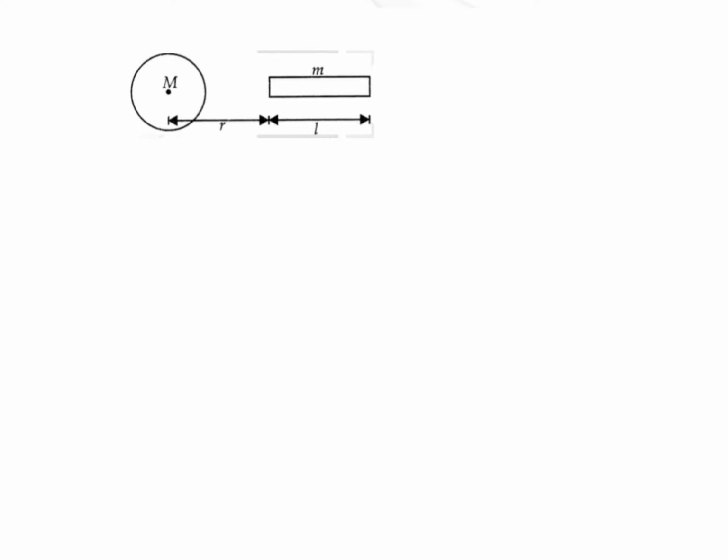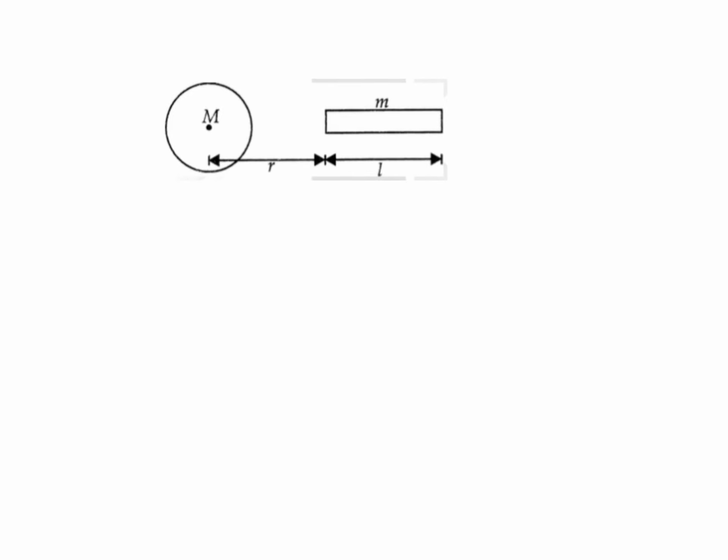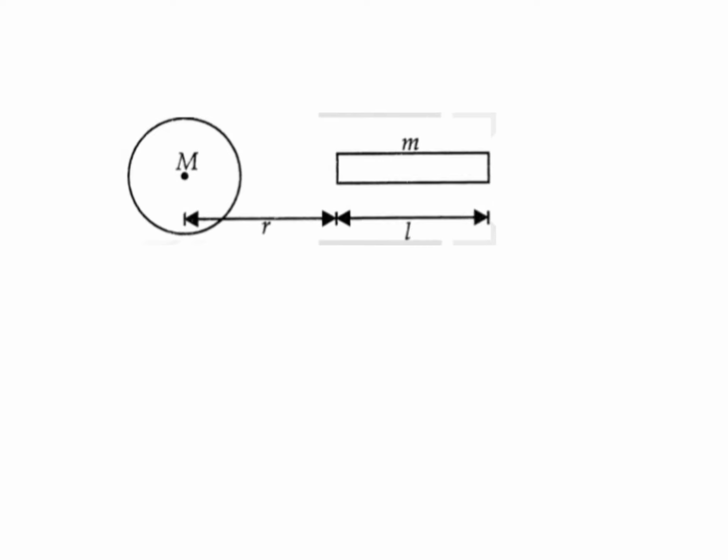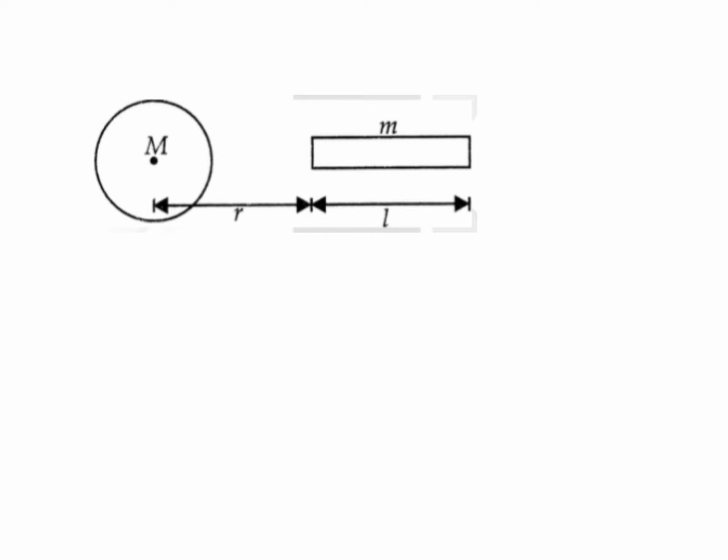Now just remember that in class we also discussed that we cannot directly take the calculation for gravitational force from the center of mass. That means you cannot consider that this mass is concentrated at the center of mass and write the equation from there. If there is an extended object, then we need to consider a small element and integrate to find the answer. Only for a spherical object can we assume that the total mass is concentrated at the center. So for the sphere of mass m we can assume that the total mass is at the center, but for the other object we cannot take it as mass at the center.